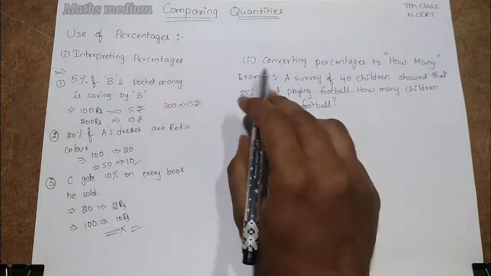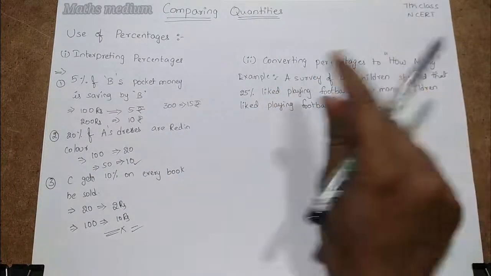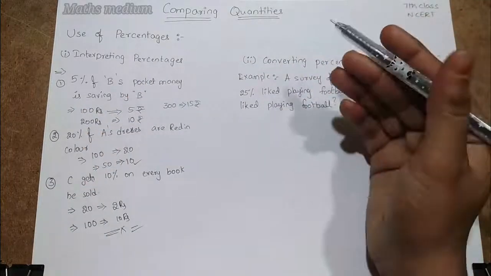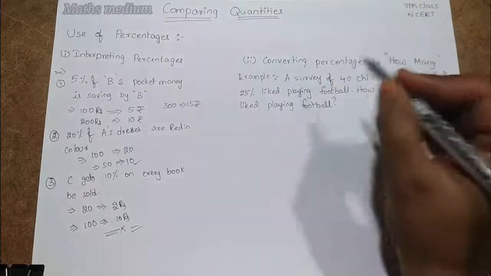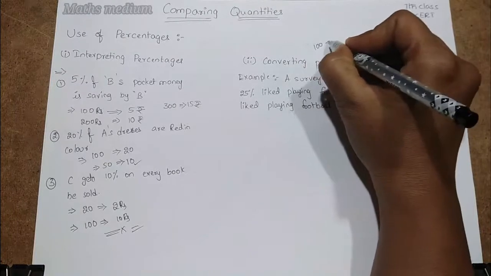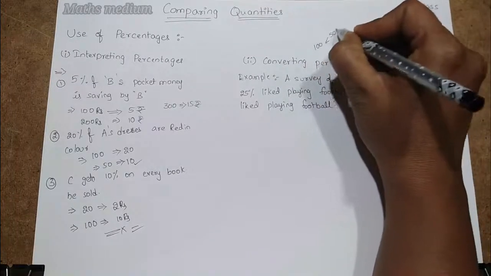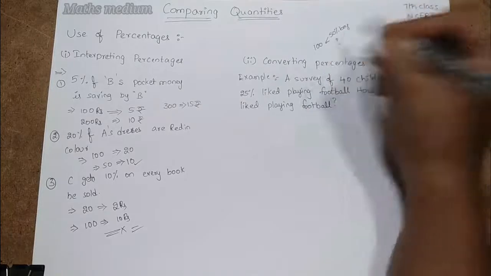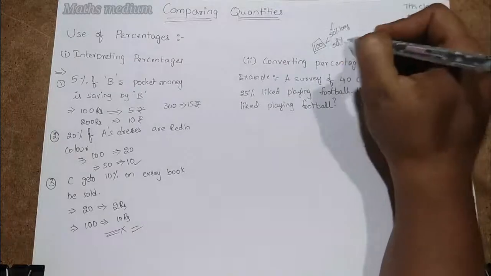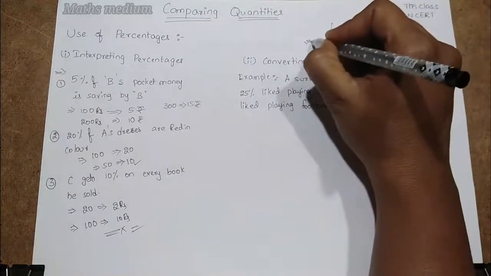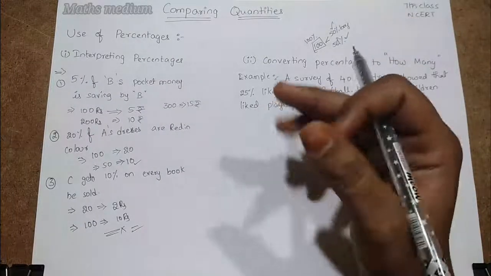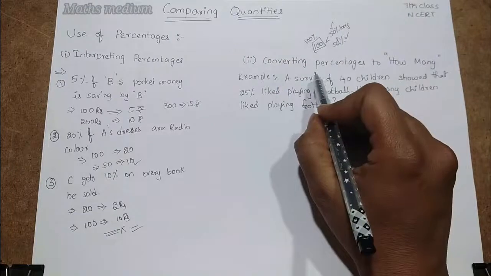So next, coming to converting percentages to how many. So this is the percentages, but how many, it means how many percentages are given and how many percentages are like. If you take one example, there are 100 students in one class. In that 50% are boys. How many girls are there? We can tell 50% because of 100. It means 50 is here and another 50 is here. If you take this as 100%. Similarly, if any matter given, then we have to convert that given matter into how many percentage of another unknown